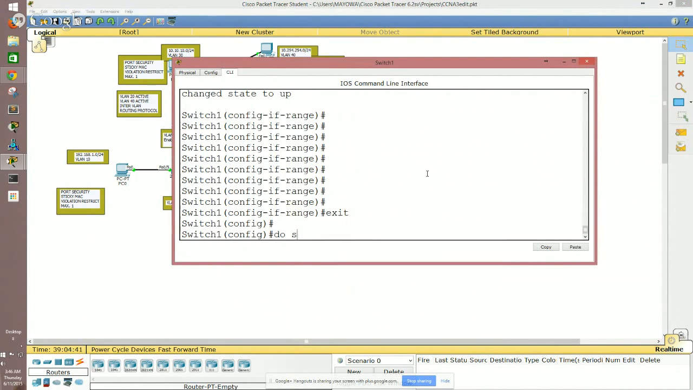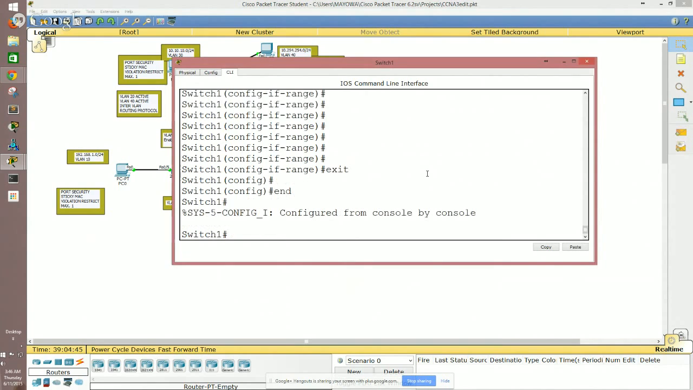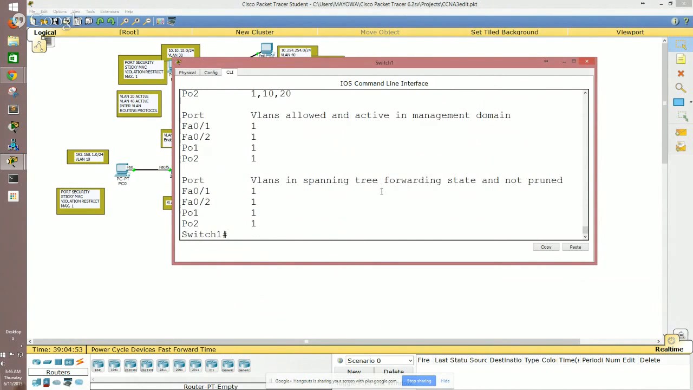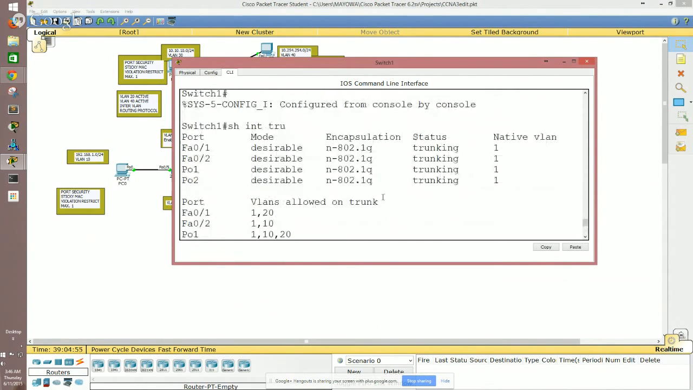Do show, no, yeah, do show. You know what? Let me just end this completely and then show interface trunk. I do. Oh, okay, it worked. All right, cool. If you notice, oh my goodness,